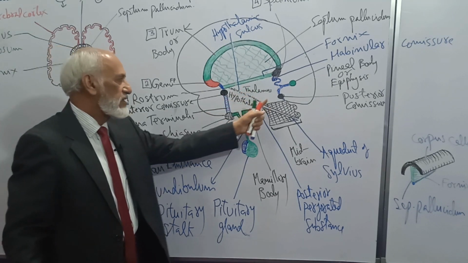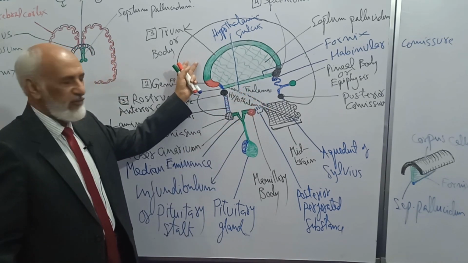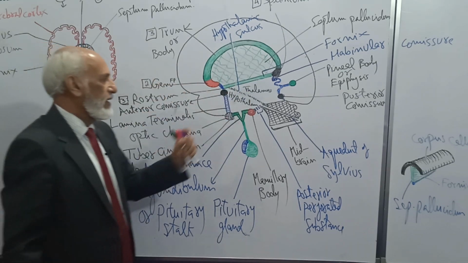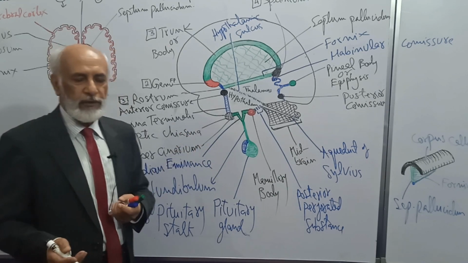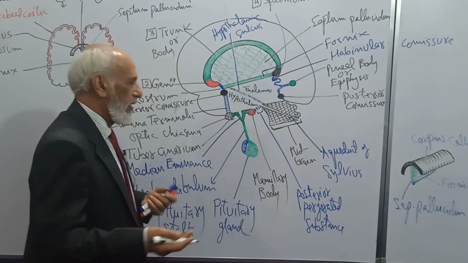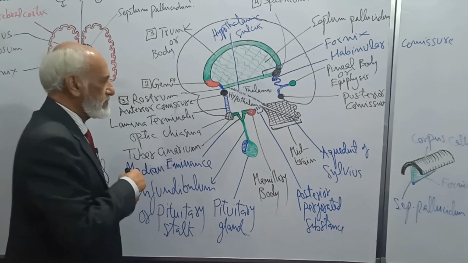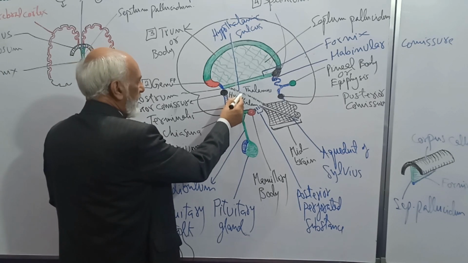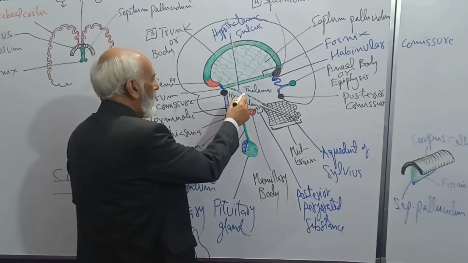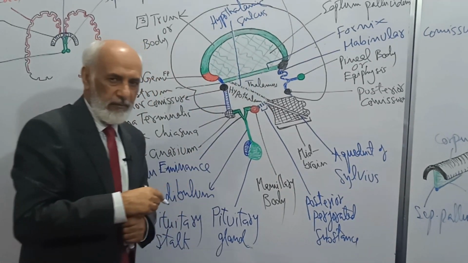So this is the lateral wall of the third ventricle. If this is the right cerebral hemisphere, this will be the right lateral wall of the third ventricle. It is formed by the diencephalon, and you know the diencephalon mainly comprises the thalamus and hypothalamus. Here you can see an oblique sulcus called the hypothalamic sulcus. Below and in front of it is the hypothalamus. Above and behind it is the thalamus.